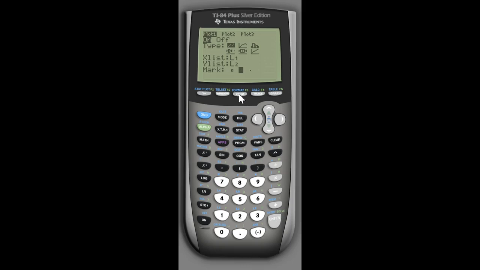Now, I have to get the calculator to window this correctly. So I'm going to hit zoom, and I'm going to go down to the zoom stat option, which is number 9, right? So I hit that, and boom, there's my scatter plot. Okay, so if you look at the graph here,